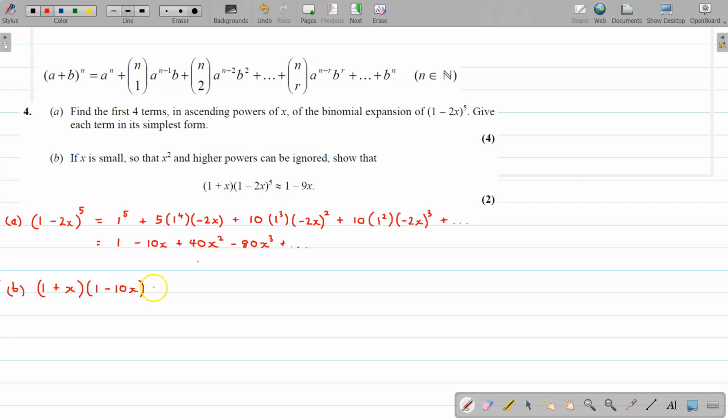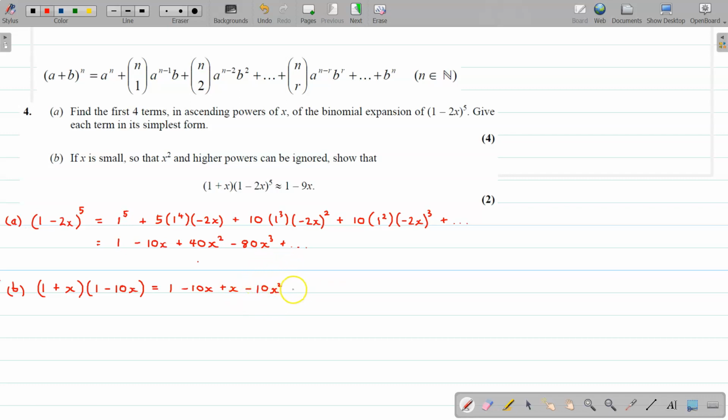And when I work that out, I will get, using FOIL, first, outer, inner, last, 1 times 1 is 1. Okay, the outer term gives me minus 10x. Okay, the inner term gives me plus 1x. And the last term would give me minus 10x squared. Okay, and if I were to include any further terms from here in this expansion, it would give me powers higher than x squared, so I'm really not interested in those at all. In fact, I'm not even interested in this one because that's an x squared term. So the only ones I'm